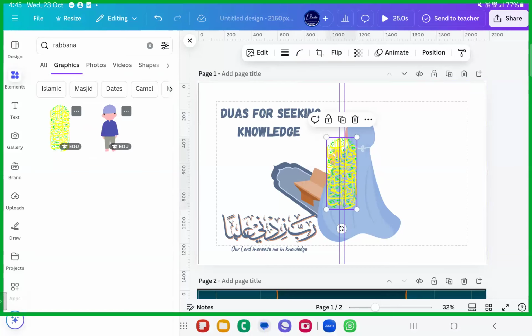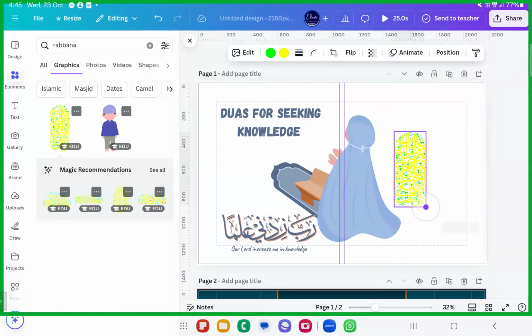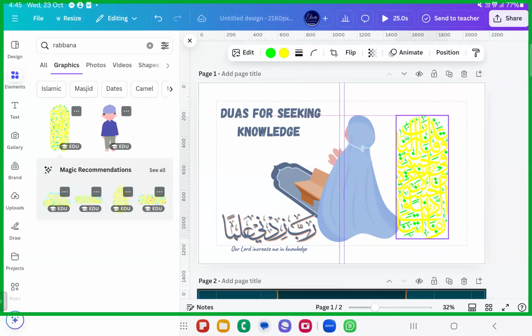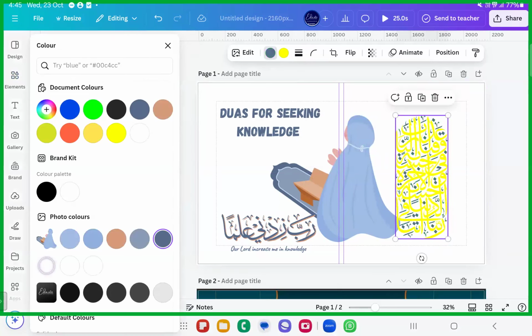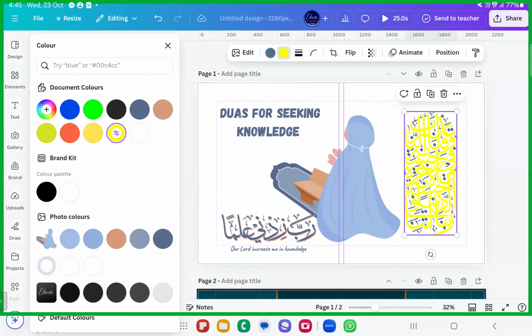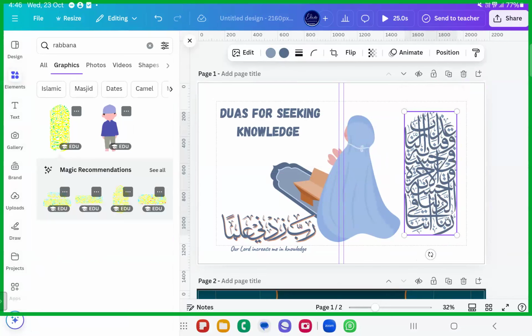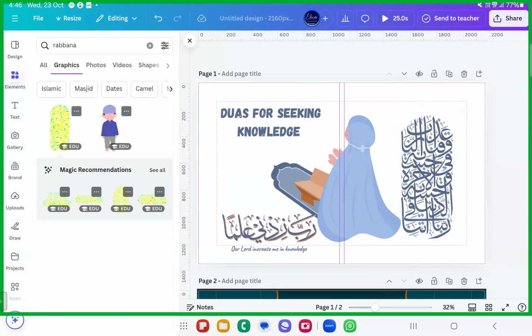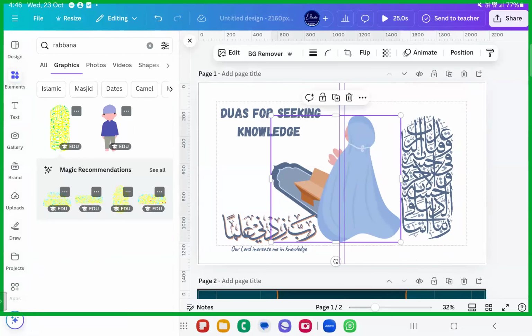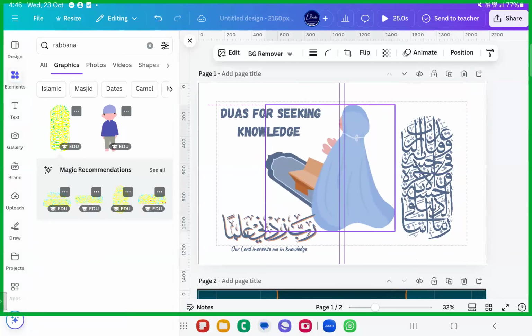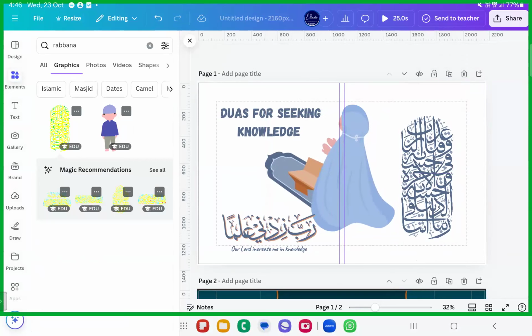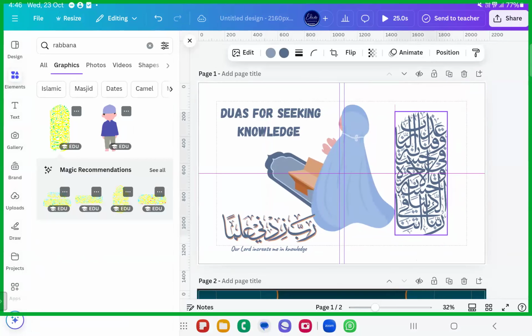Okay, there's one dua here. I'll add it on this one. Okay, it's Rabbana atina fid dunya hasanatan wa fil akhirati hasanatan wa qina azaban nar. That's so great about it. MashaAllah, this is being put up here. So the two duas are being put up here. Fine. Now these are two separate pages we are creating. And now how are we going to go ahead with this? I'll just show you. Just see here.